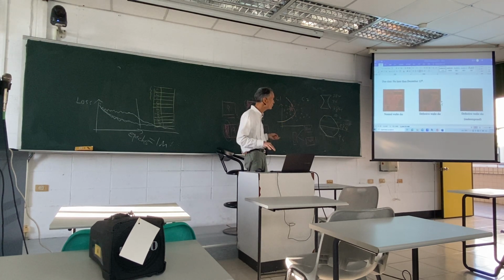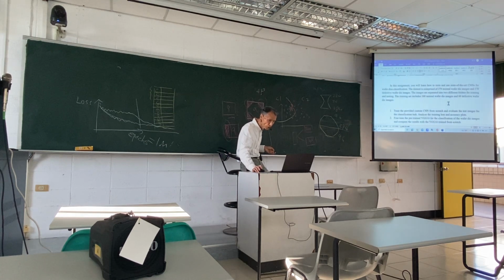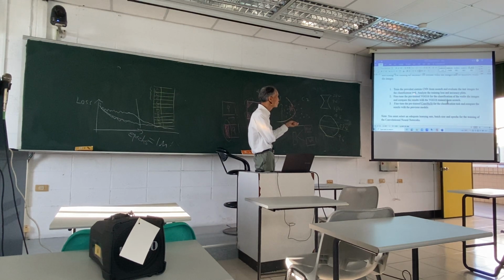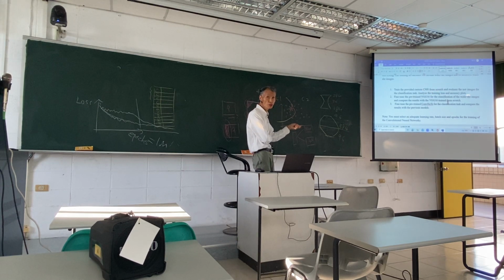So we just need to identify two classes: normal or defective. That's it. So here you have three questions to answer. First, Carlos will provide you a very concise or condensed CNN model. Then you train the model from scratch, compared with the pre-trained. Carlos will provide you with some pre-trained VGG and apply it to the same